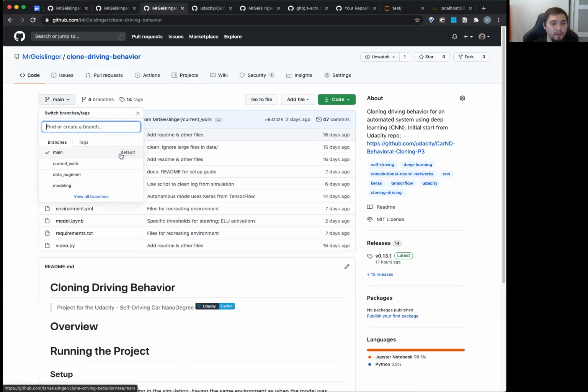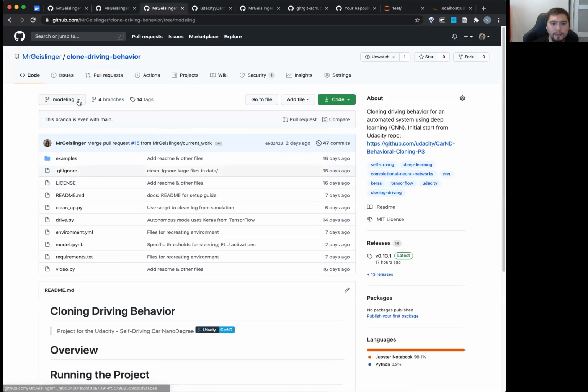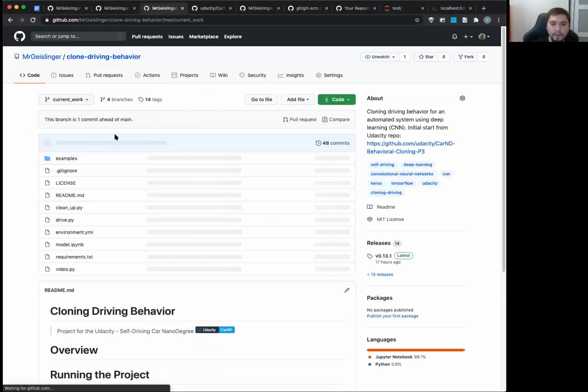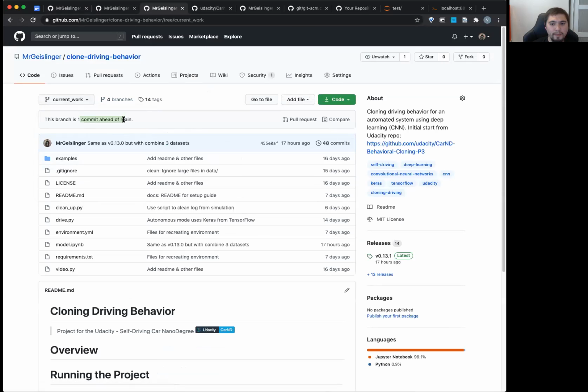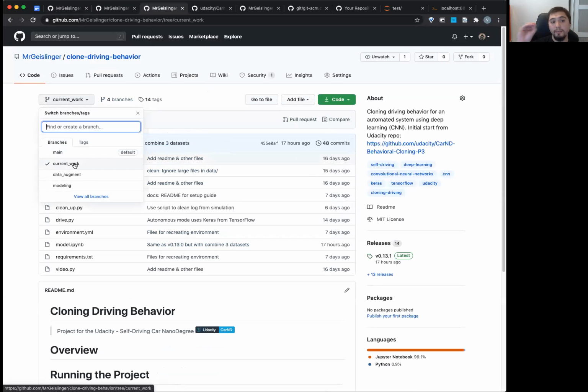Because main is my default branch, commits on main count. I think I have one on modeling. Nope, maybe it's on current work. Okay, good, see, it's one commit ahead of main. You can see that was done whenever I did that. But because current work is not my main branch, and I made a commit onto this branch,